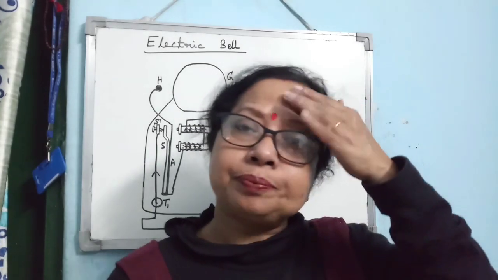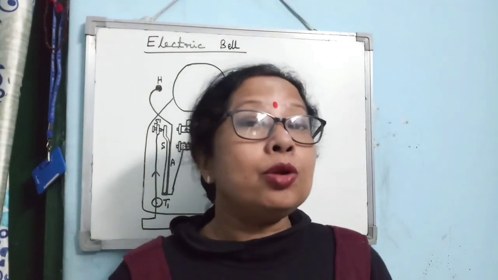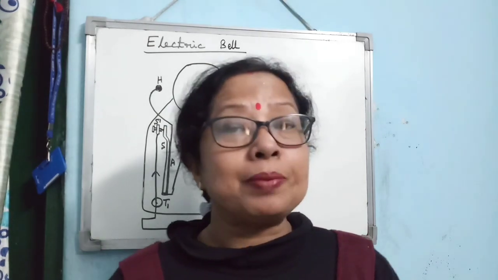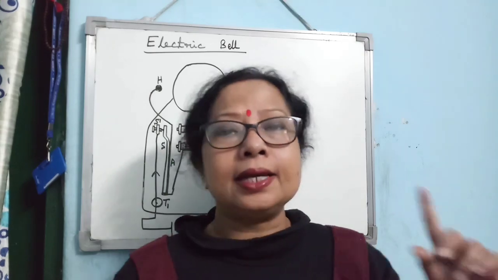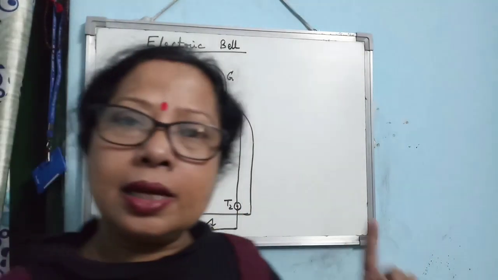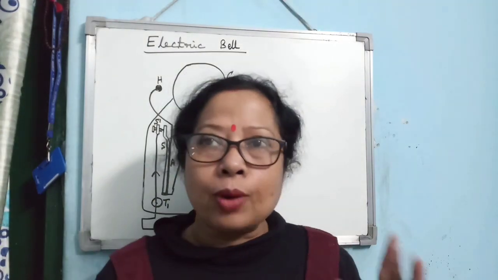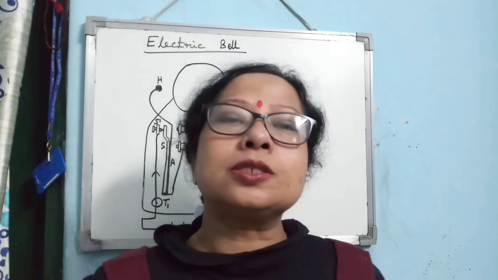The next is the electric bell. You will learn the diagram. Then the working principle. The working principle is the magnetic effect of electric current. And then this one, whether it will work when an AC source is used. Clear to everyone? Now I think one point I have missed, although I have said it, in the differences between,